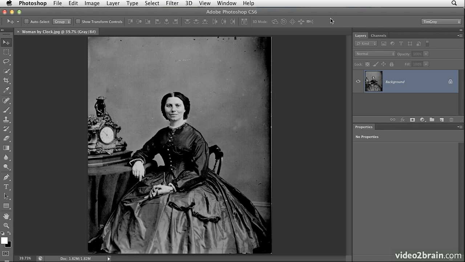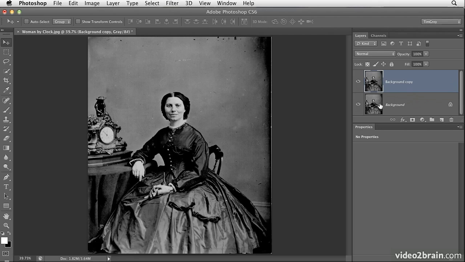Now, the Highlights Shadows adjustment is not available as an adjustment layer, so in order to work non-destructively, we need to make a copy of our background image layer. To do so, you can simply drag the thumbnail for the background image layer down to the Create New Layer button. That's the blank sheet of paper icon at the bottom of the Layers panel. Once you release the mouse over that button, you'll have a background copy layer, and this allows us to work on that background copy without affecting the original pixel values,